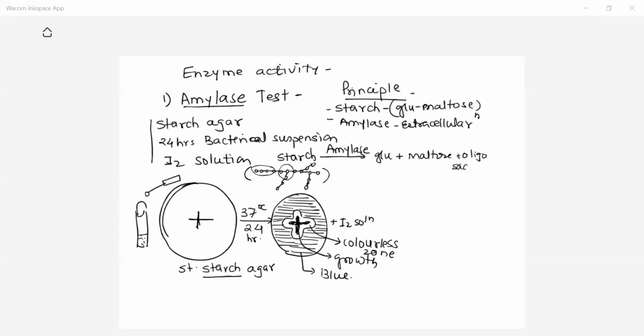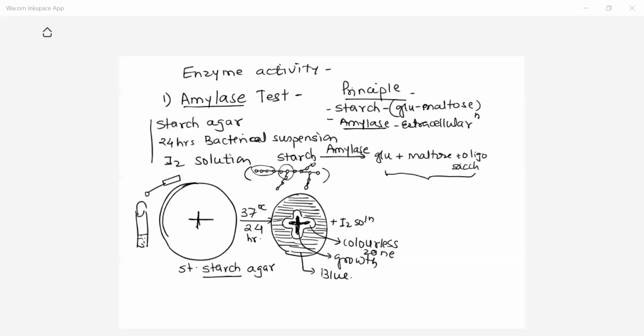These are called oligosaccharides. So this is the hydrolyzed product of the starch. Starch was hydrolyzed to glucose, maltose, and oligosaccharides. That is the activity of the amylase enzyme. Amylase is